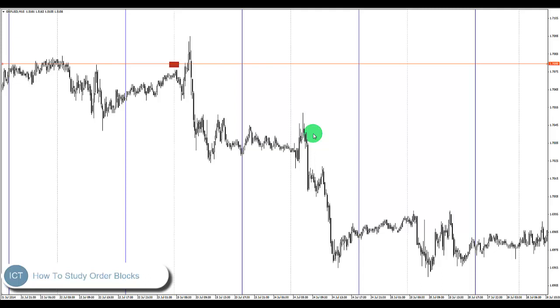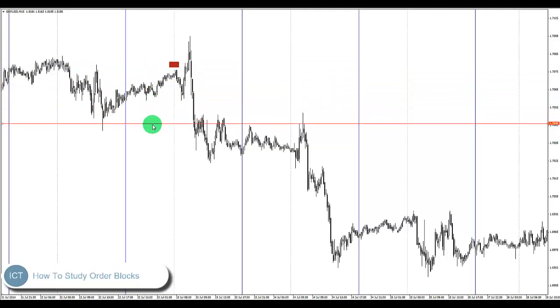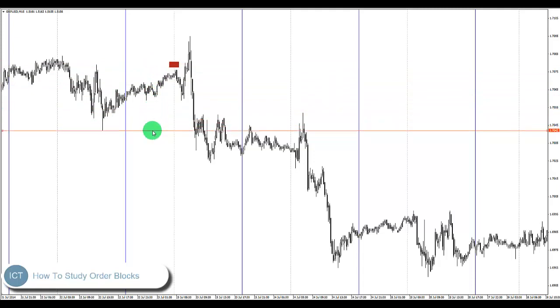Just know that this low back here will be talked about, and we'll just have to revisit it at that time. But for now, we're just going to say for a moment you didn't know anything about mitigation blocks. Okay, we're going to just assume that for now,